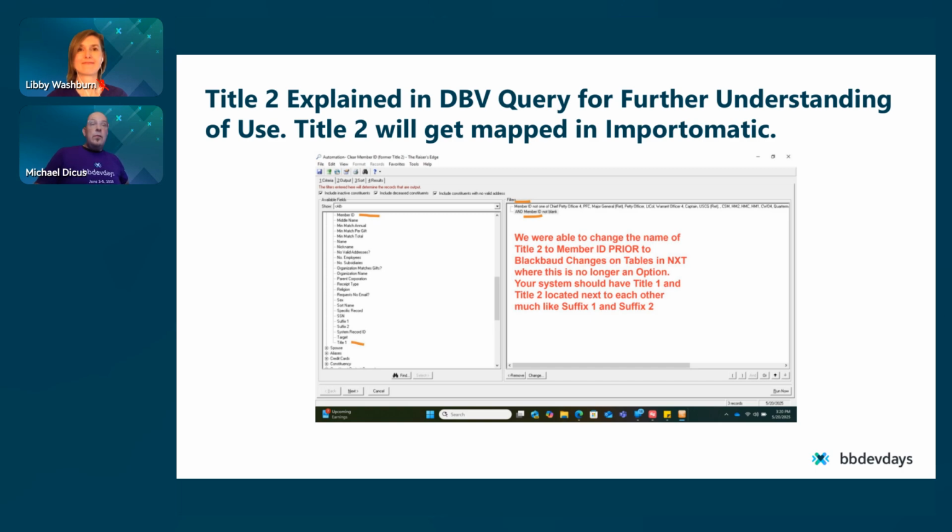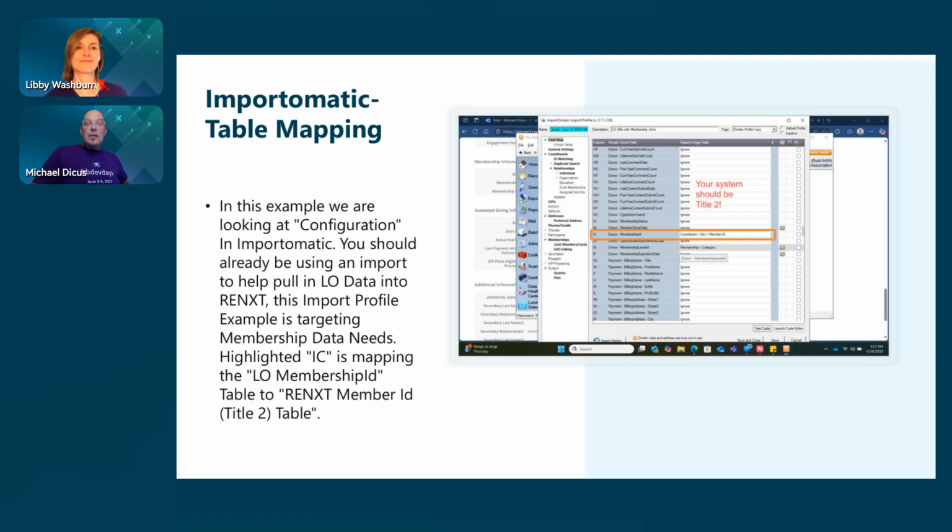All right, let's continue on to mapping. In this example, we are looking at Informatica configuration, and it's assumed that you're already using an import to help pull Luminate data into RENXT. This import profile for our needs is an example of how we're targeting membership data, from the primary member